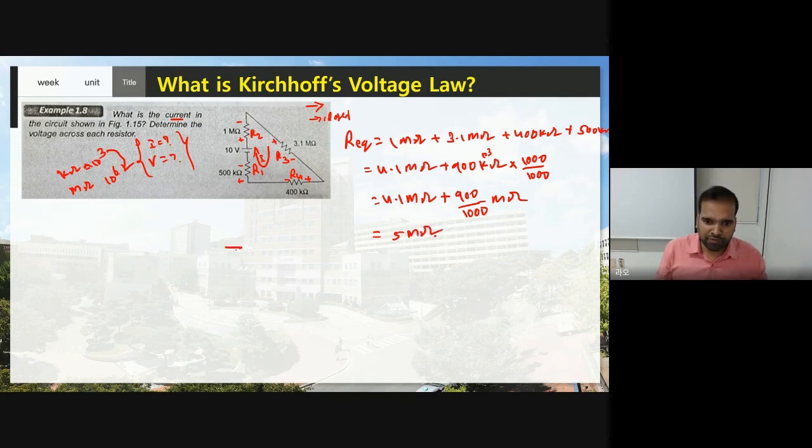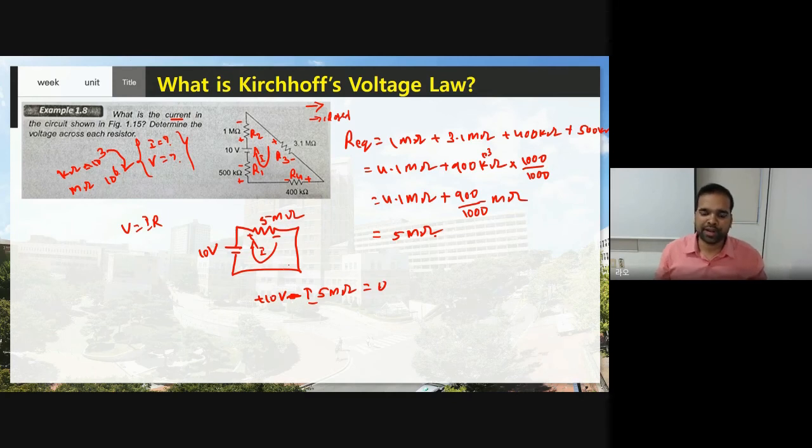So you have one voltage source and one resistor like this. This is 10 volts, and this is 5 mega ohm, and this is our current I. Now you can find it. You can apply KVL simply. Minus plus 10 volts equal to, plus and minus, this is minus. What is the voltage drop here? V equal to IR. Therefore I, what is R? 5 mega ohm, equal to 0.